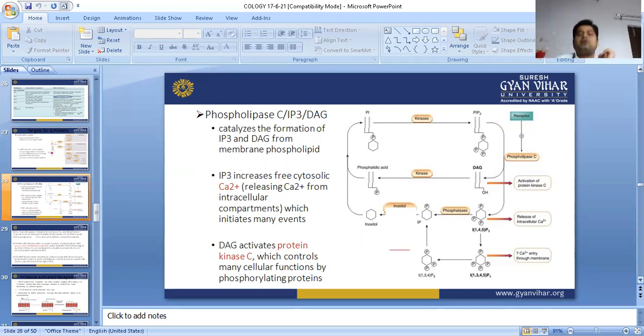When we look at the muscarinic receptor, the 5-HT1 receptor, and all the opioid receptors, what would we see? In the IP3-DAG pathway, calcium is released in the cell. It is responsible for contraction in the cell.